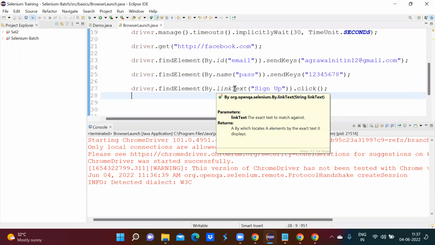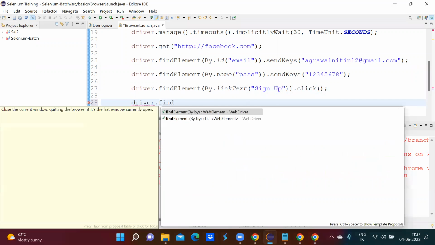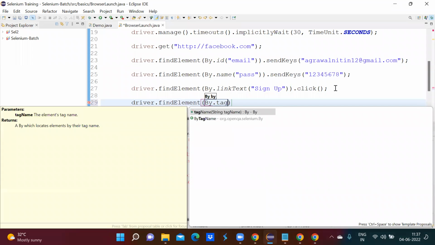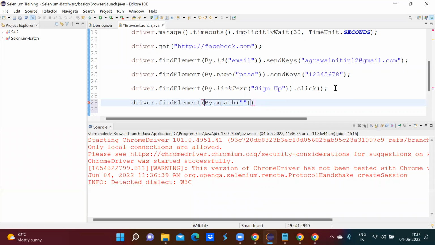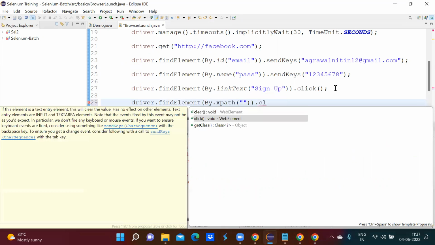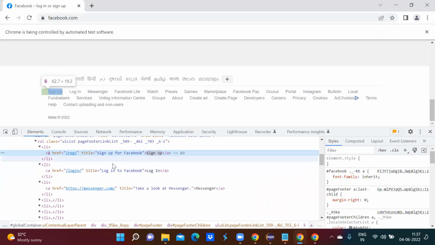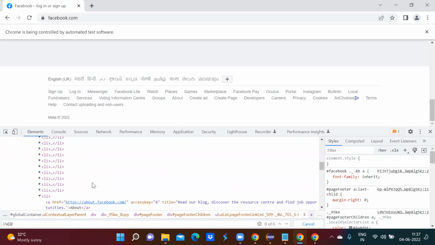Otherwise, what would I have to do if I am not using link text here? How will I locate that element? Driver dot find element by dot, let's say, XPath. Tag name will not work, and I will have to write the XPath for that element. How would I do that? I will have to use the title in the anchor tag, and within that, the title